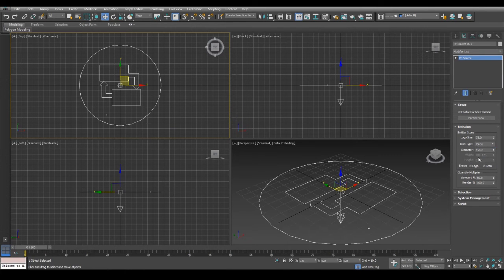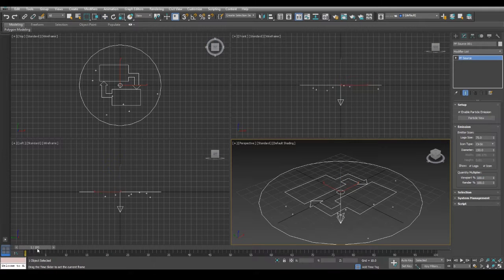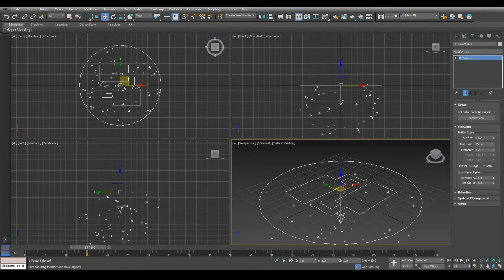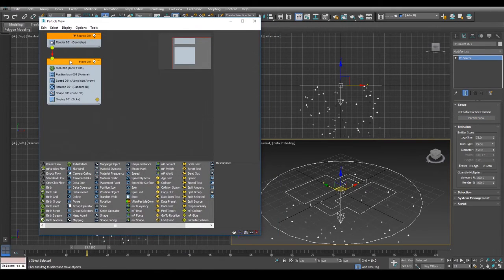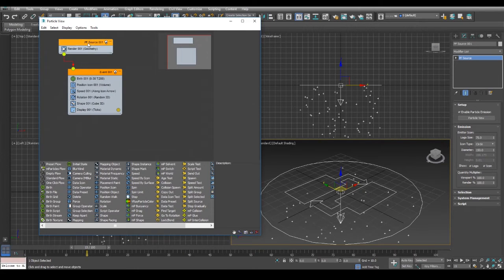This doesn't really impact the particle system too much at large, but yeah. Alright, so looks good. And go into particle view. This is where the real particle stuff happens here. So what we'll do is I'm going to delete the rotation and the shape events in